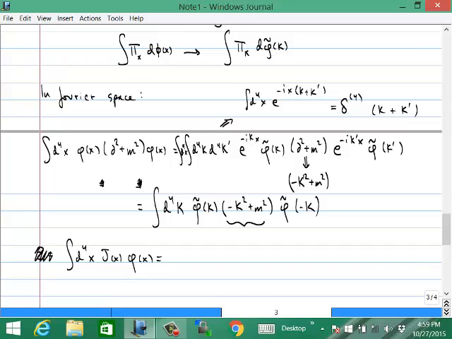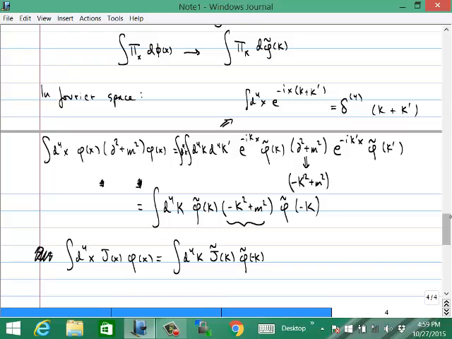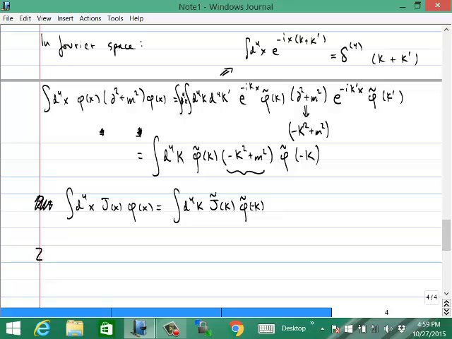Okay, so we can now write out the source term using exactly the same trick. It'll be an integral d4k times the Fourier component of j times the Fourier component of phi. And we can then use that to write down a full expression for the partition function. So now it's an integral over all of the Fourier components of the field phi of an integrand,